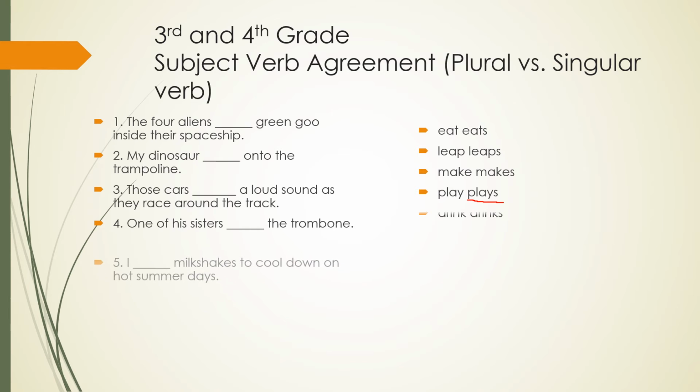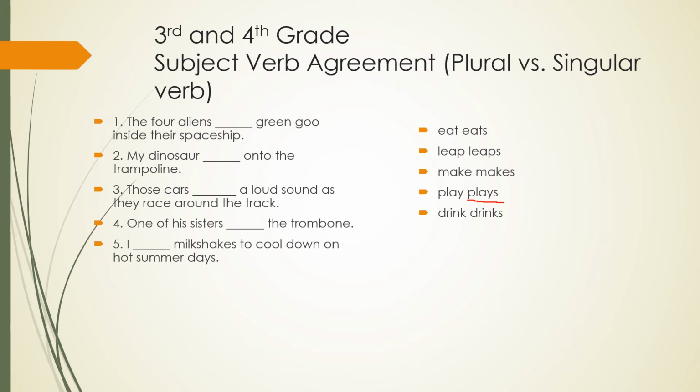Next example. I drink milkshakes to cool down on hot summer days, or I drinks milkshakes to cool down on hot summer days. Once again, we see an S here. We know that we're talking about more than one milkshake. What would it be? Pause the video. All right, it should be drink. I drink milkshakes. All right. Next,